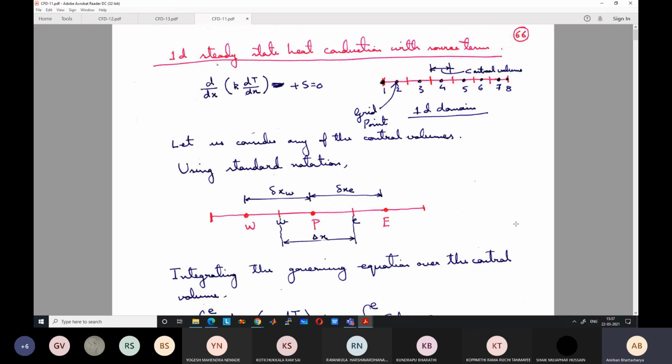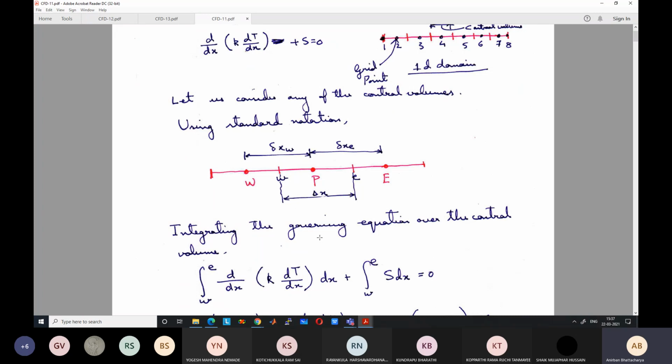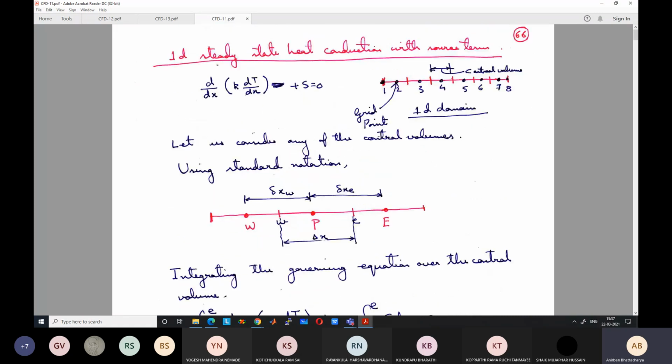Once everything is done, finally we will see how to solve the Navier-Stokes equation towards the end of the course. So before the midsem we started a discussion on how to find the finite volume discretized equation for this 1D steady state conduction equation with source term. For this we had taken a representative geometry. All this we have already studied. I am just repeating this to refresh your memory, because this was not in your syllabus for the CFD exam.